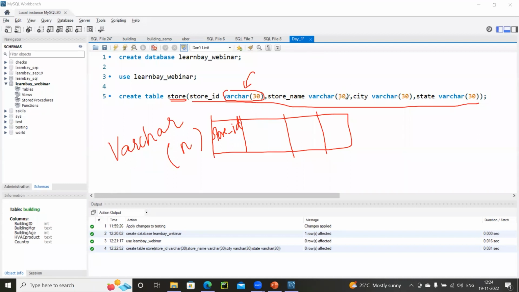You can give any number, 15, 25, 10, any number. Just make sure you give a little on the higher end, because the max capacity for that column is going to be just 30 characters. If I go beyond 30 characters for a store ID, it gets removed after the 30th position. So always give on a higher end. A little higher would suffice.